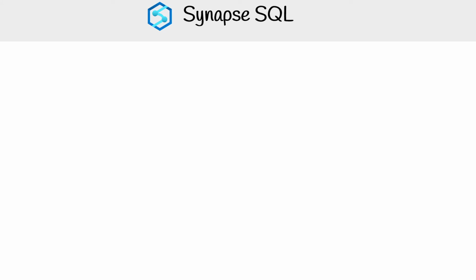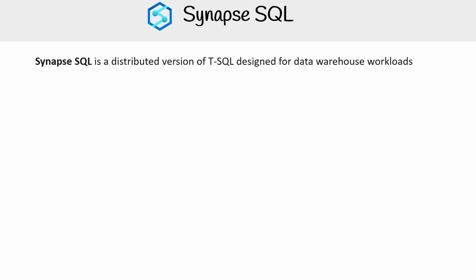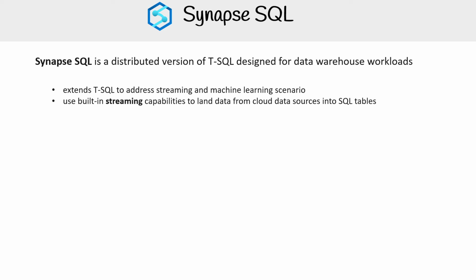All right, let's talk about Synapse SQL. So Synapse SQL is a distributed version of T-SQL designed for data warehouse workloads. It extends T-SQL to address streaming and machine learning scenarios. It uses built-in streaming capabilities to load data from cloud data sources into SQL tables, integrate AI